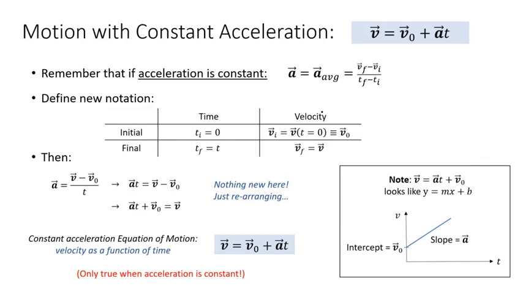Okay, and so just a side note, this equation reminds me a lot of y equals mx plus b. If I were to plot v versus t, I would see immediately that I should have a slope equal to the acceleration a, which makes sense. It should be a straight line with constant slope a, and that's good because we have constant acceleration. And then the y-intercept, that b term, the piece that's independent of time, looks just like v naught in my equation. So my y-intercept is v naught, which makes sense because that's the place where my line crosses the v-axis at time t equals 0. So it all makes sense.